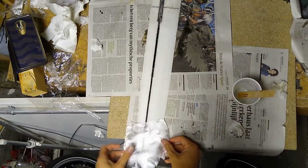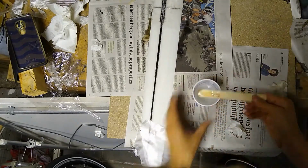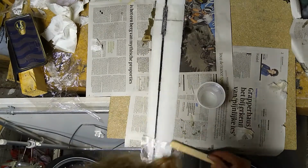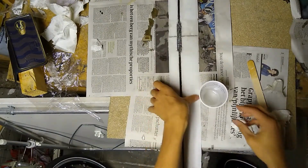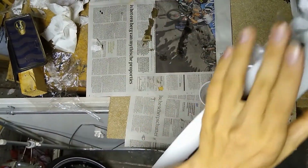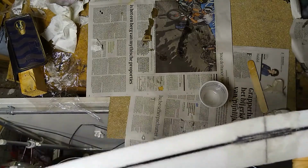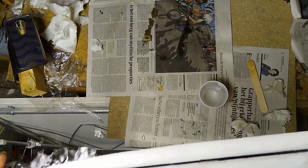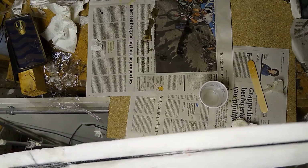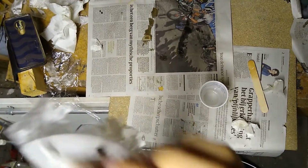Take your piece of glass fiber, lay it over there, get out the epoxy, and start working. Same process. Nice. So now both wingtips are pretty much done. You can just leave those to cure overnight or for a day, however you want it. And then we should be set to start glassing the top of the wing. No work on the bottom yet though. I'll smooth out the glass fiber a bit more here and there, but it should be